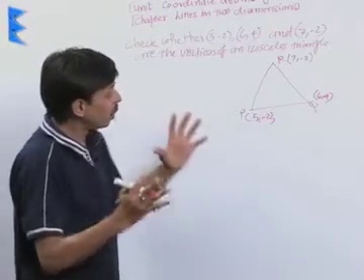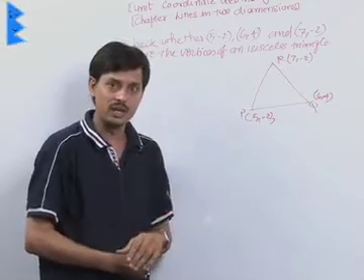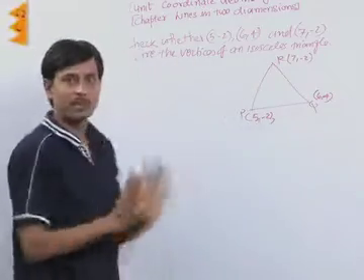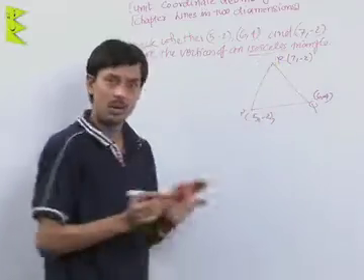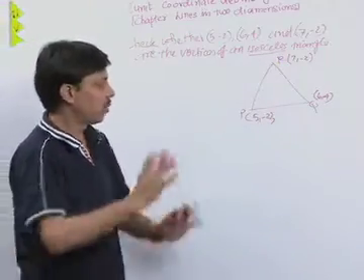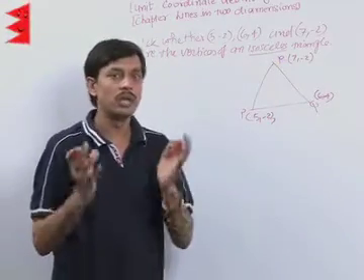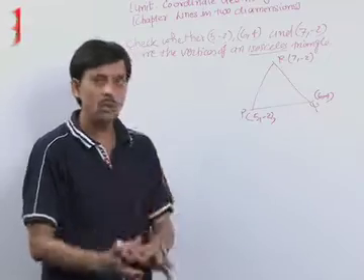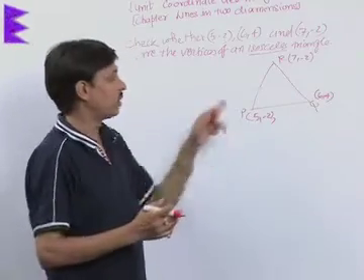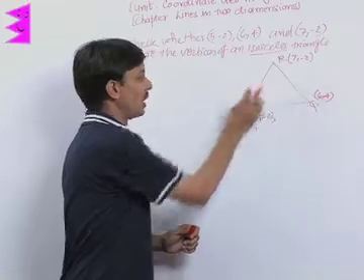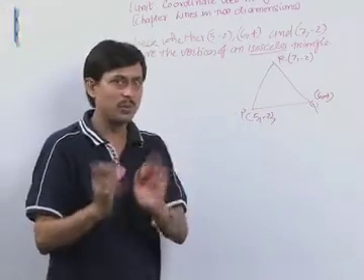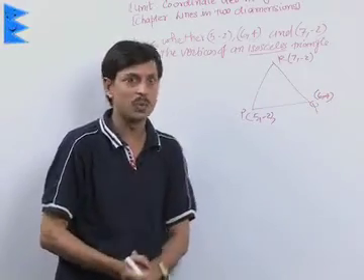We would like to know what kind of triangle this is. In this special problem, we would like to check whether the triangle is isosceles or not. To check it, we will calculate all three lengths: PQ, QR and RP. All three distances will be calculated with the help of the distance formula.